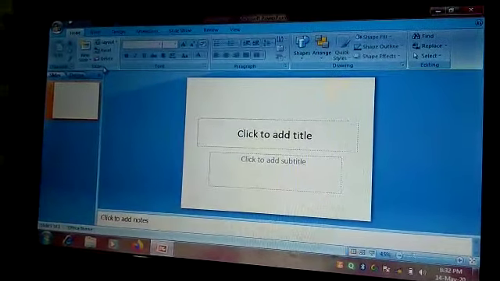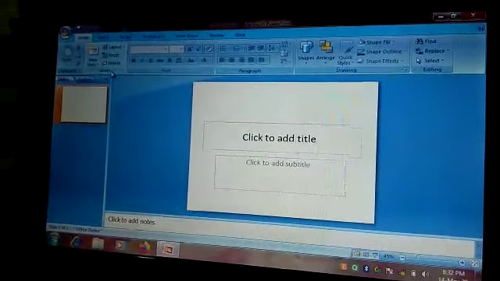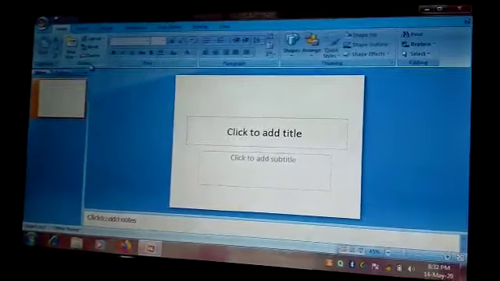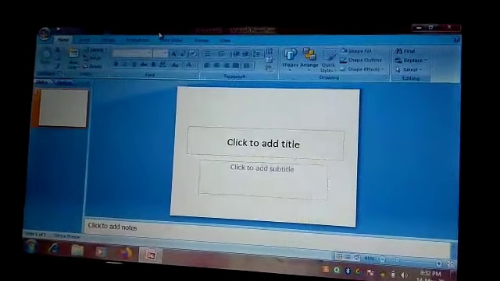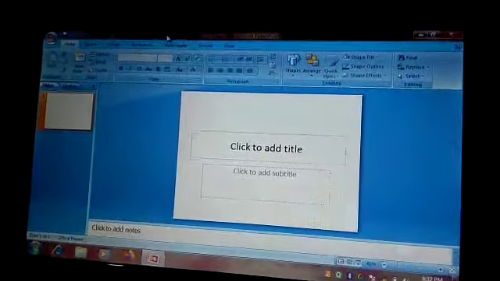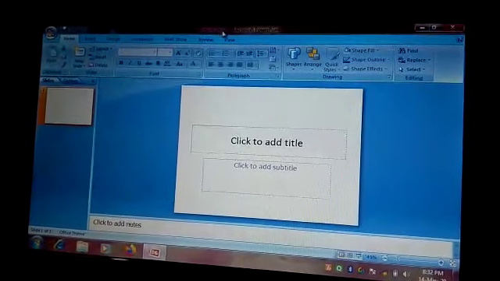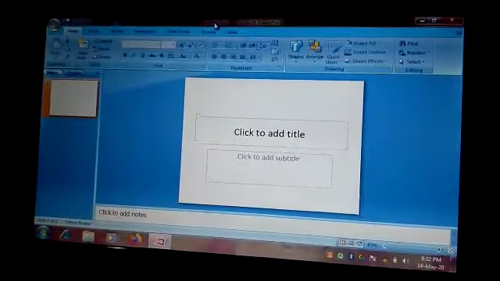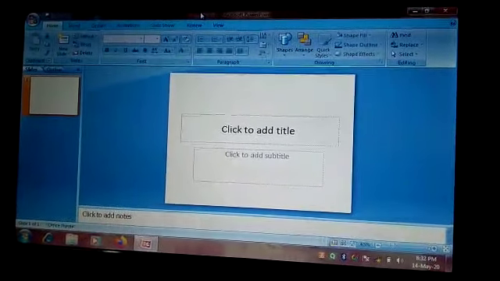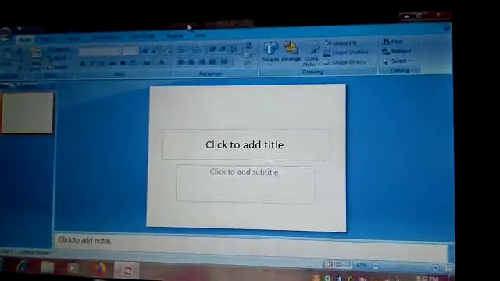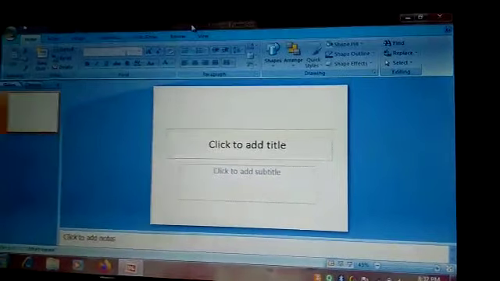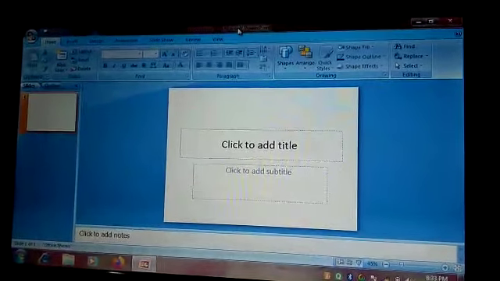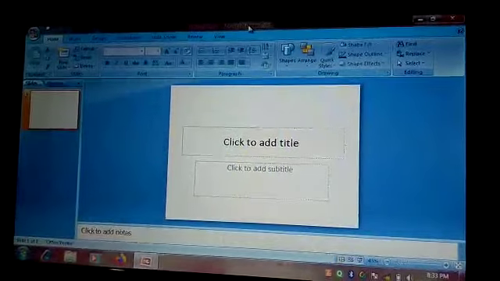Dear students, today I am going to start a new chapter, that is chapter 4, PowerPoint. PowerPoint 2007, here we will study. So when I open this Microsoft PowerPoint window, by default you can see the file name as PPT. PPT stands for PowerPoint. The name is Presentation 1 until I save it with a different name, and the name of the software which I am using here is Microsoft PowerPoint.